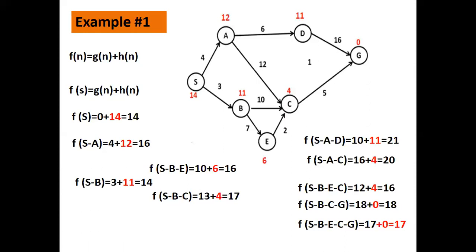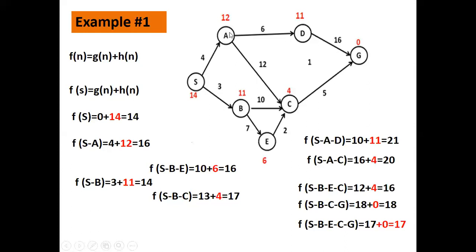Now here if you look at it, we have got a higher value, and this 16 is already what we had got from S to A. So now what we'll do, we'll expand this as well as this, and we'll not expand this. Is it clear? We are going back to S to A. Why? Because their answer is 16 and SB is also giving you the cost 16. So now we'll expand these two and we'll ignore this. So let us go back to S to A and expand it.